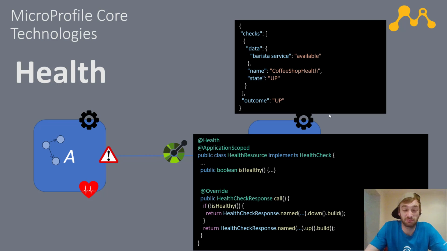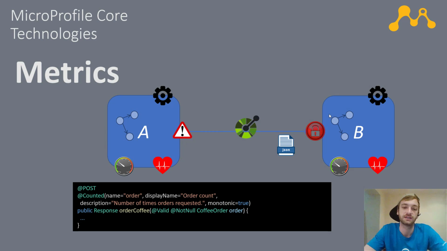Health is what it says on the tin. It checks the health of your endpoint just to make sure it's ready to receive requests. Metrics. So metrics is quite cool. The general metrics will give you JVM data. It'll give you some information in regards to your memory footprint and how much CPU usage you're using. But you can also do custom metrics. So for example, here we are getting some custom metrics on the amount of orders made in our coffee shop